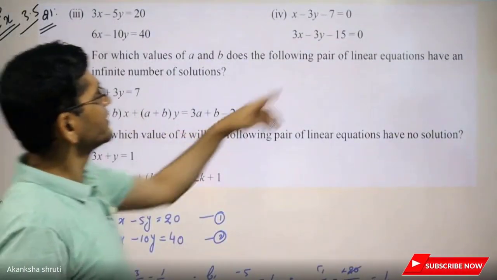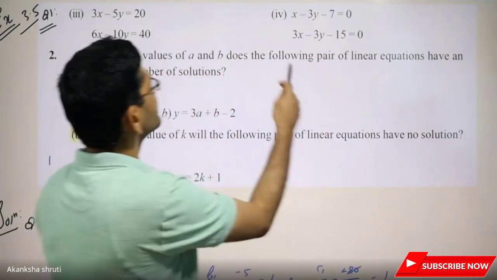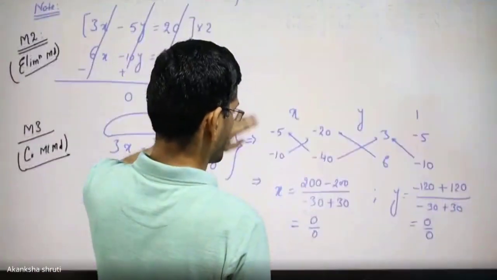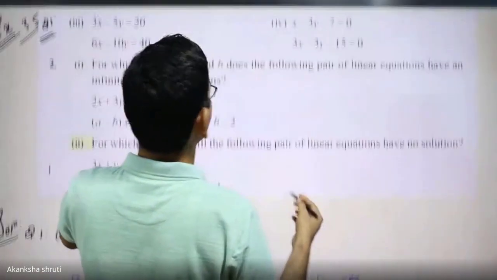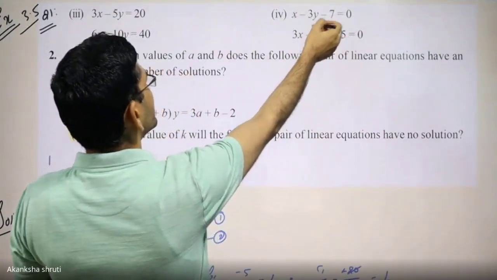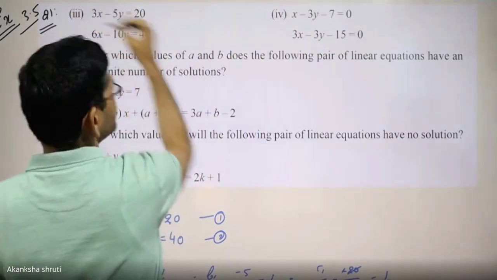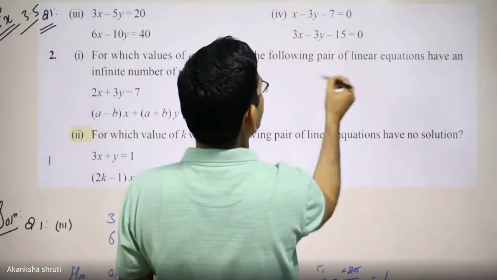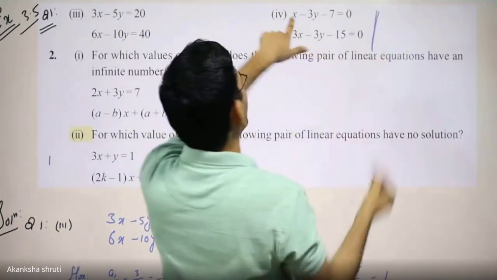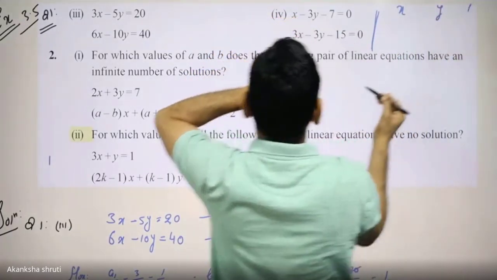It's over. Now let us come to the second one. Very easy to write. Let me solve this second one also. Here, if it is asked for the cross multiplication, let me solve it here itself. What array will you write here? The array of x, y, and 1 that you will write.